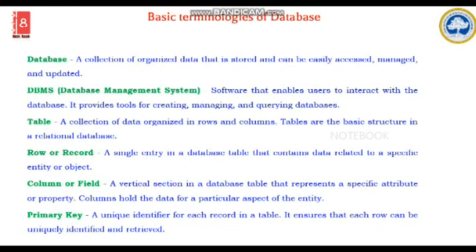Good morning. I'm going to discuss basic terminologies of database. This comes to the database. What is a database? A database is a collection of organized data which is stored and which can be managed and updated